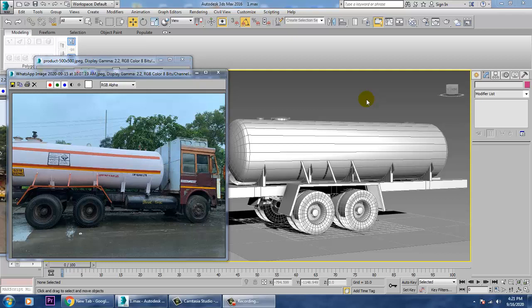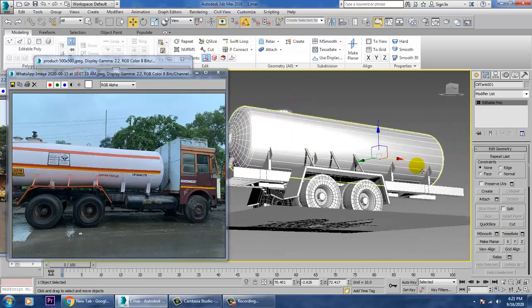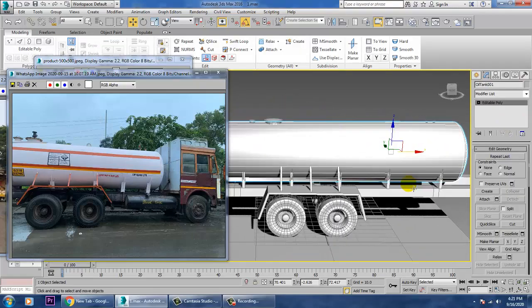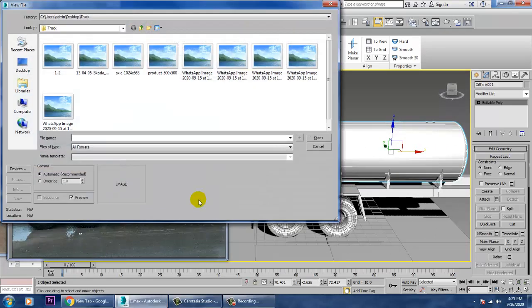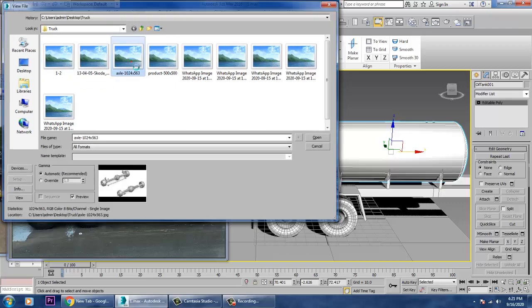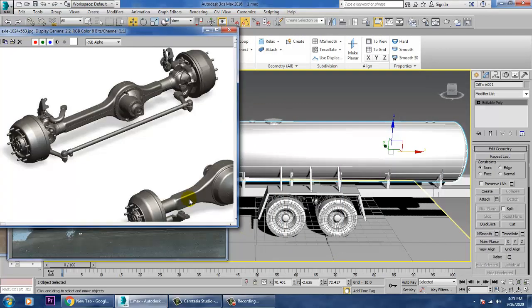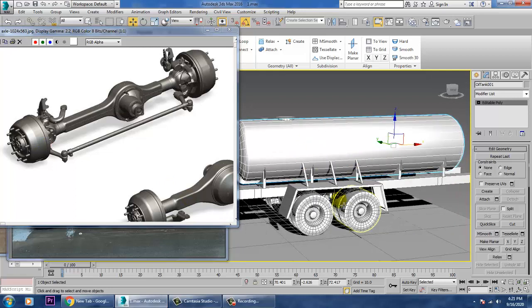So let's get started. As you can see over here, we have started with the modeling of this truck. I have taken a few more references over here. We'll be doing some stuff like I have a few references of this excel, that's a truck excel over here. So let's take this reference over here and we'll try to model this. We'll be doing some basic details first.